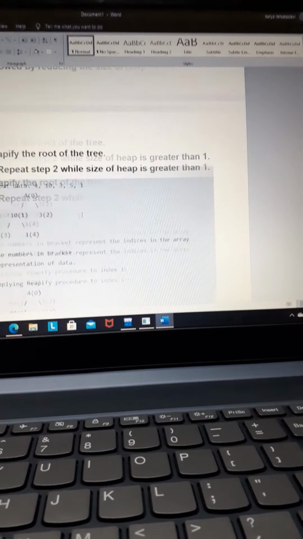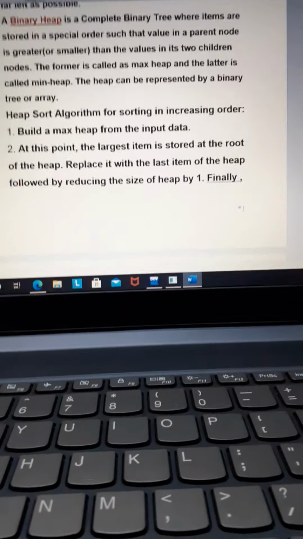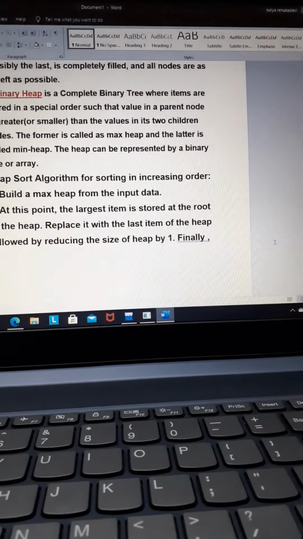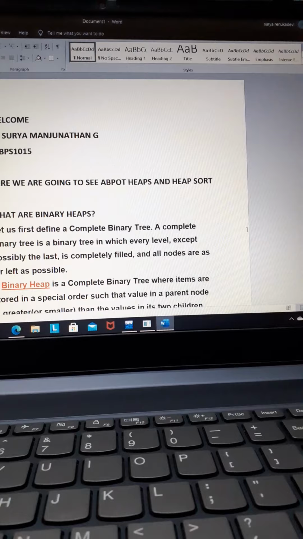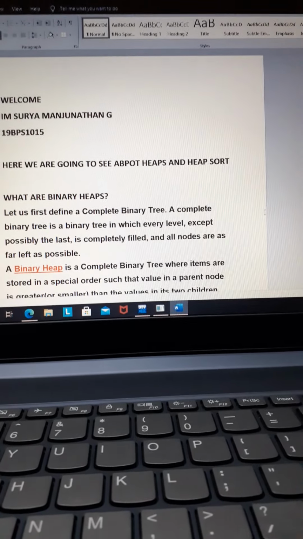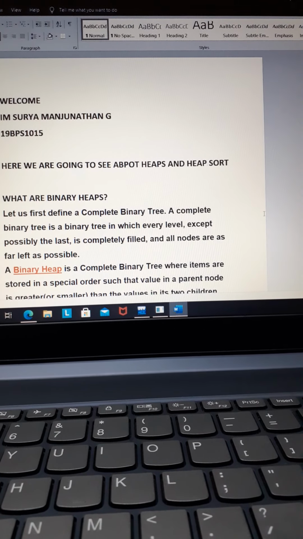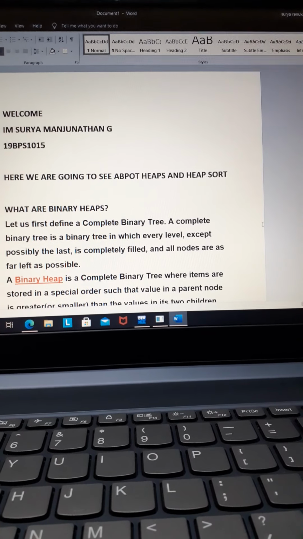So with this example, let us go into the algorithm behind the heap sort. So we know that bubble sort takes big O of n square, so it's quite a lot of time.